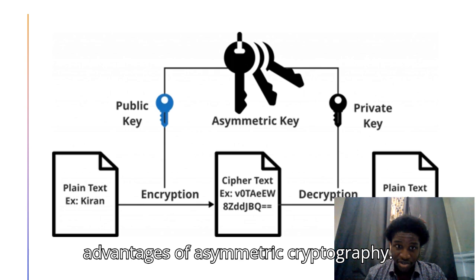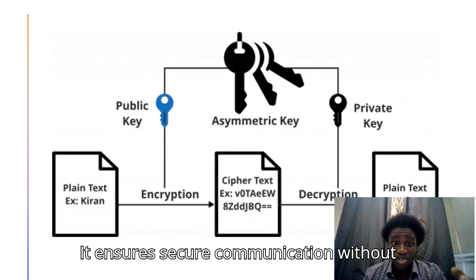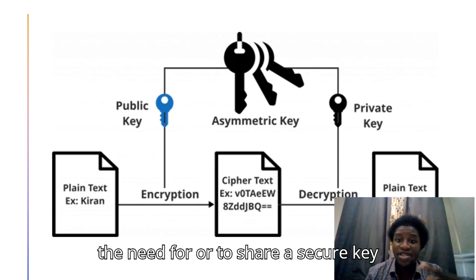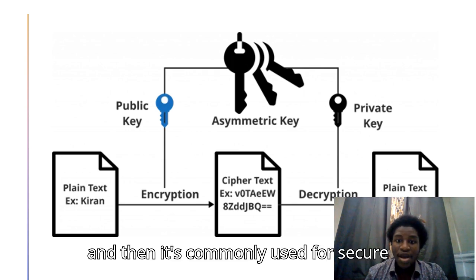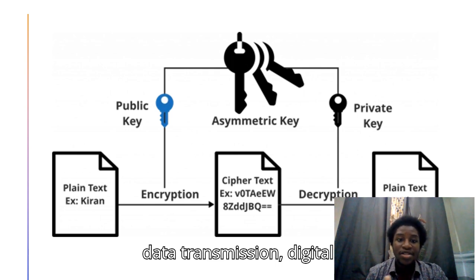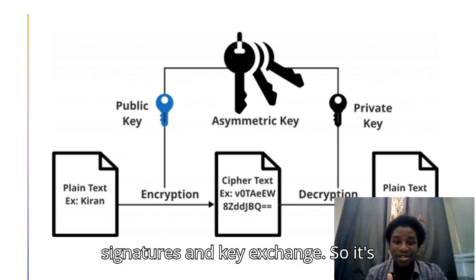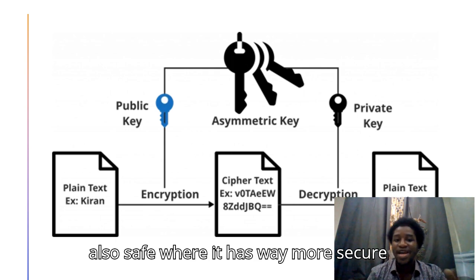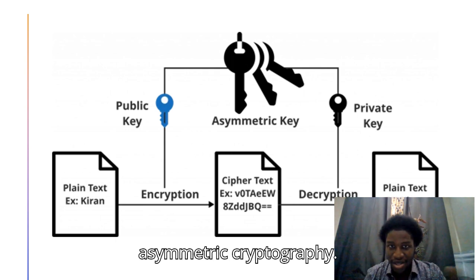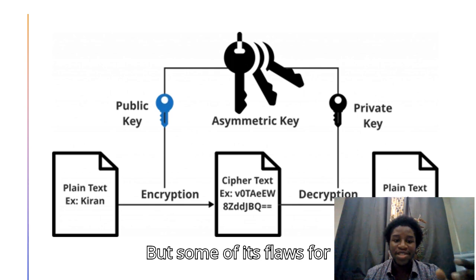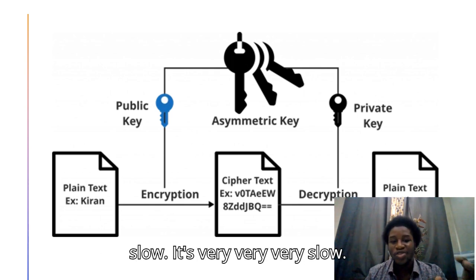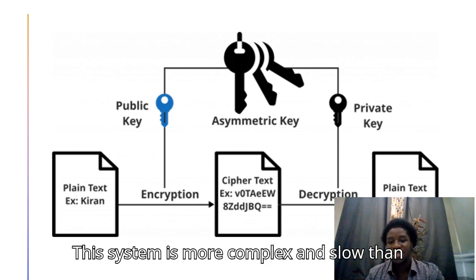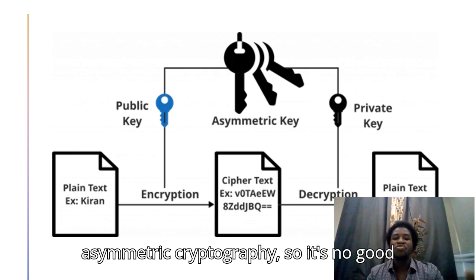advantages of asymmetric cryptography. It ensures secure communication without the need to share a secret key. It's commonly used for secure data transmission, digital signatures, and key exchange. It's also way more secure than symmetric cryptography. But one of its flaws is that it's slow. It's very slow. This system is more complex and slower than symmetric cryptography, so it's not great for locking huge